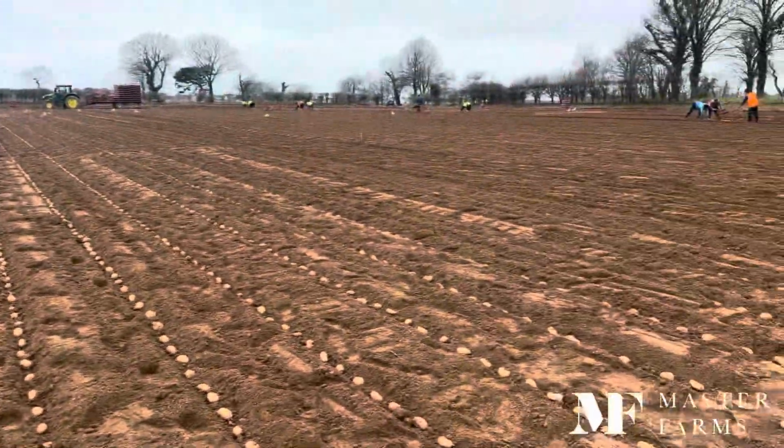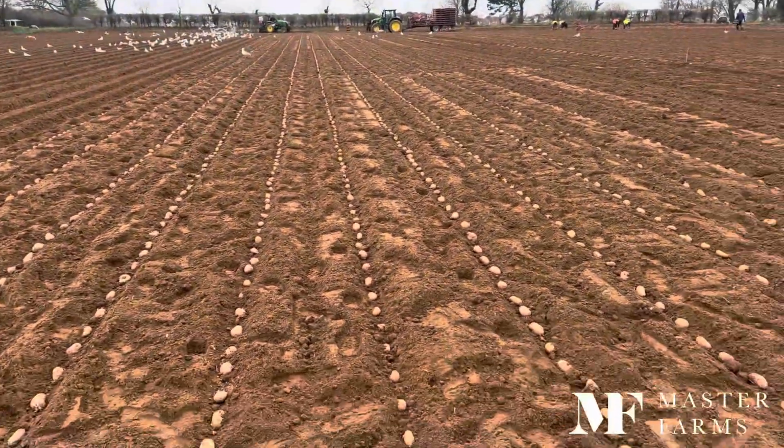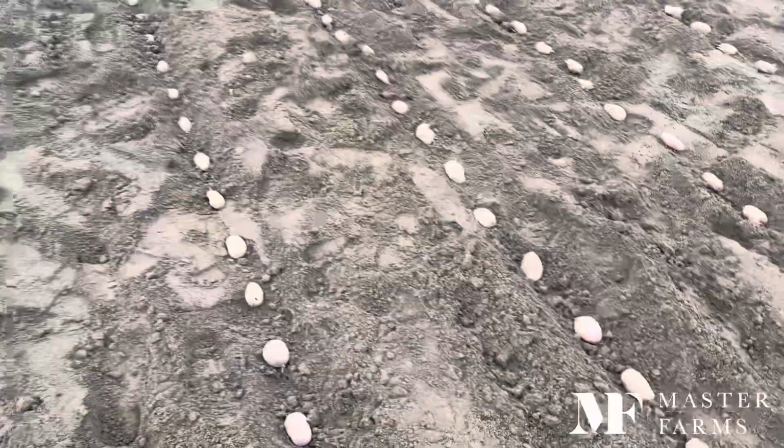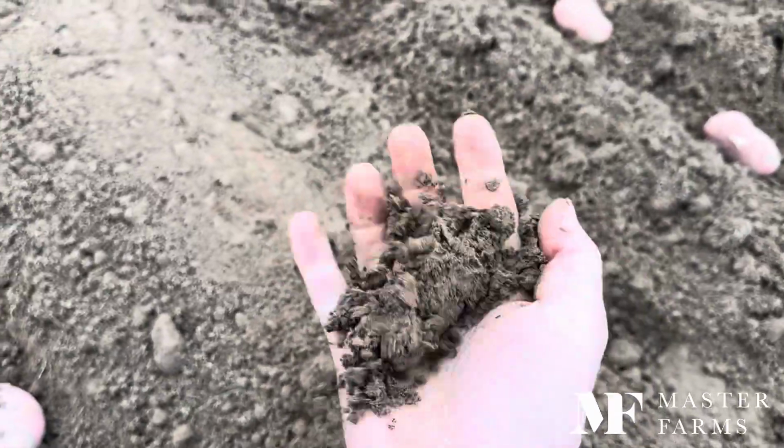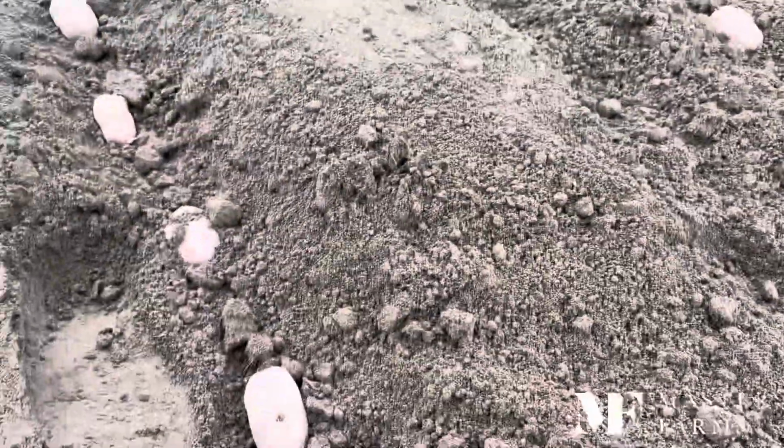So yeah, as I say, the ground in these fields, we're in the west of the island, it's very light, really nice soil. You can see it's beautiful. This is just being ploughed up, and not even heard. It's just really nice. You can grow some really good potatoes here, and yeah, we're on number 2 seed size today,